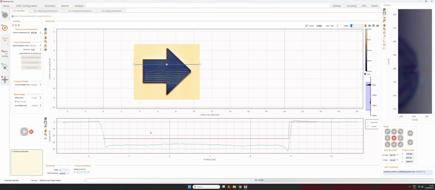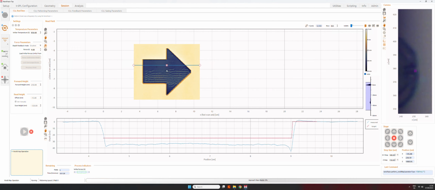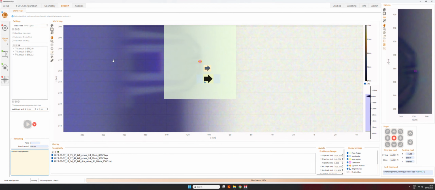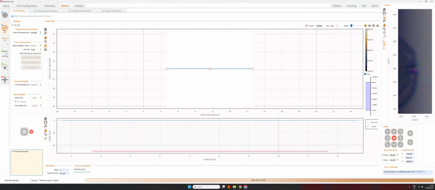So let's just press play again just to make sure that we have a better understanding of what's going on. But in general, what we should see is a similar arrow because I'm using the same exact writing parameters. Just want to make sure that I didn't write on top of the existing arrow.